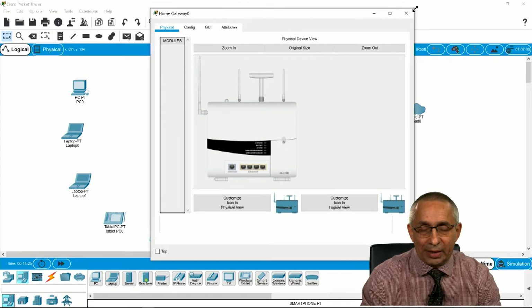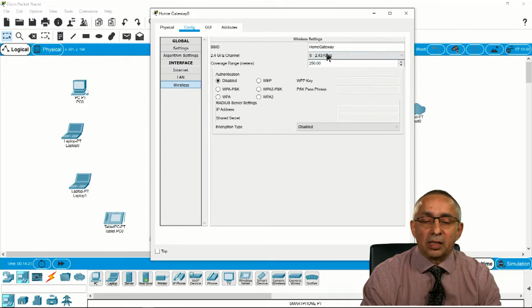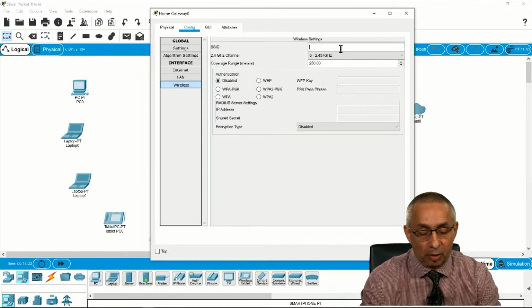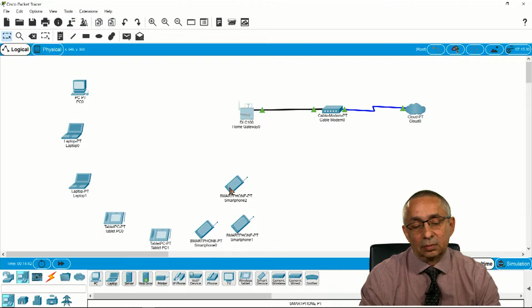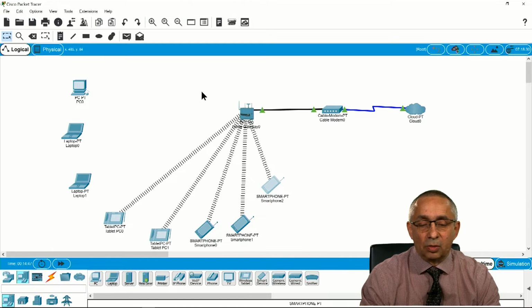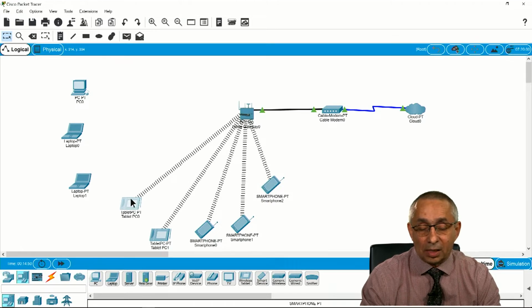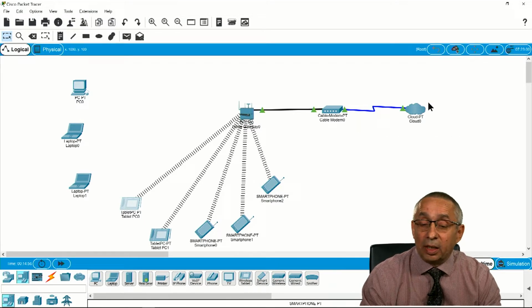And because I can simulate anything with Cisco Packet Tracer, I can simulate the Wi-Fi, the wireless connection, for example. I'm going to change the SSID name so I can connect to my devices. And you can see that, boom, it comes right away. It connects to my Wi-Fi. All these devices are wireless devices. They connect to my Wi-Fi modem that is connected to my cable modem that is connected to my cable provider. In all of these, this is the physical layer. This Wi-Fi signal belongs to layer number 1.